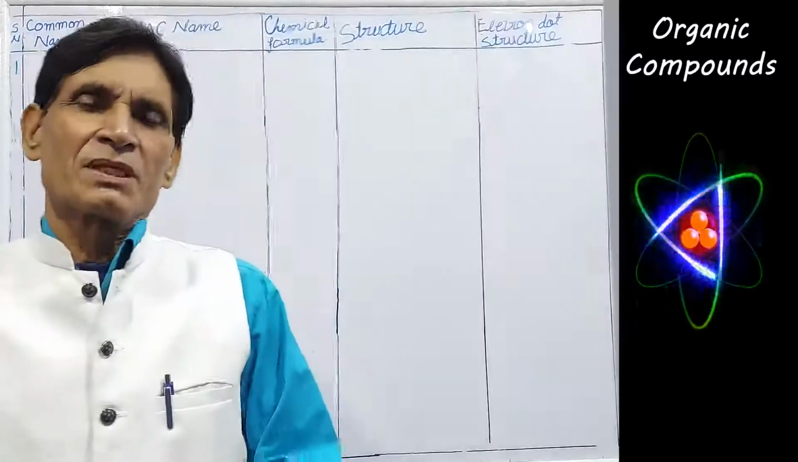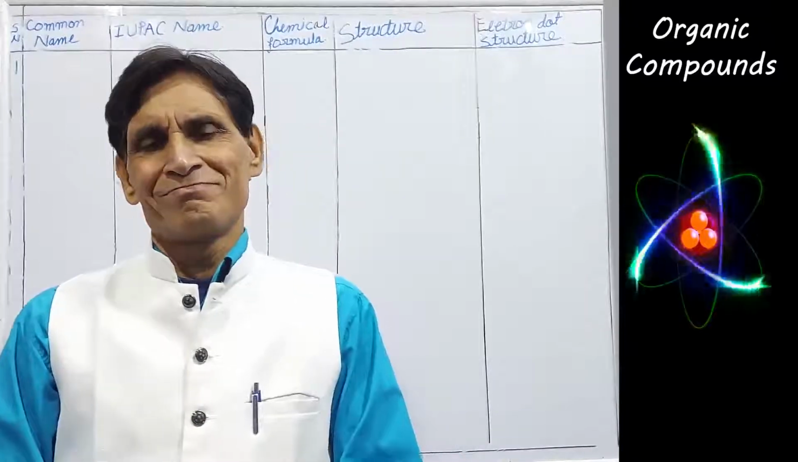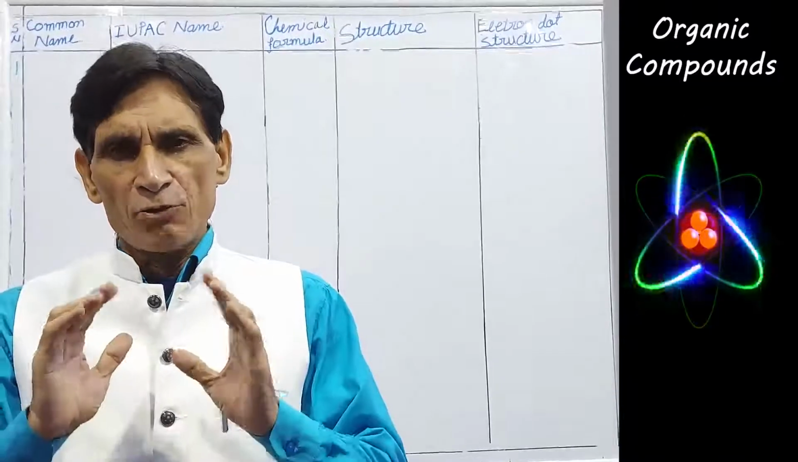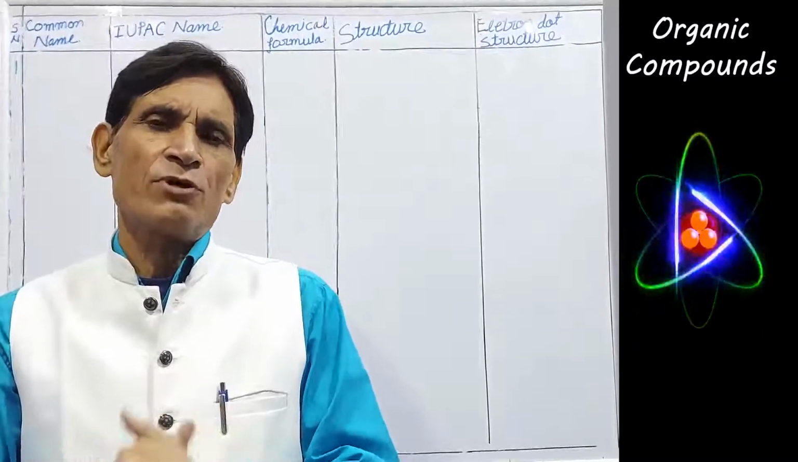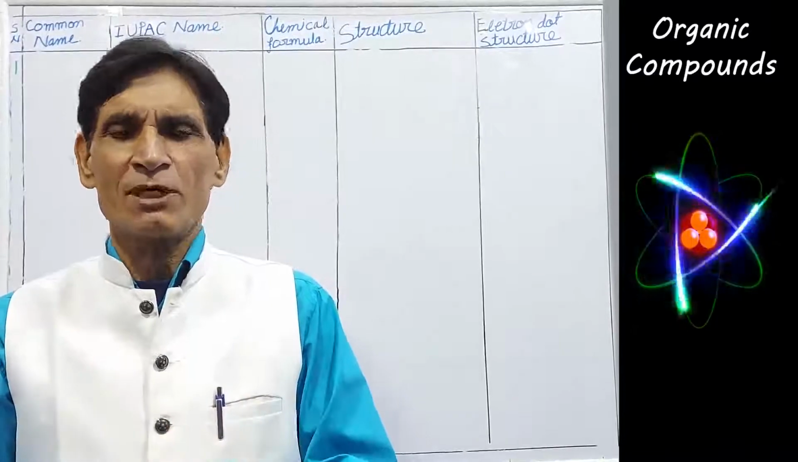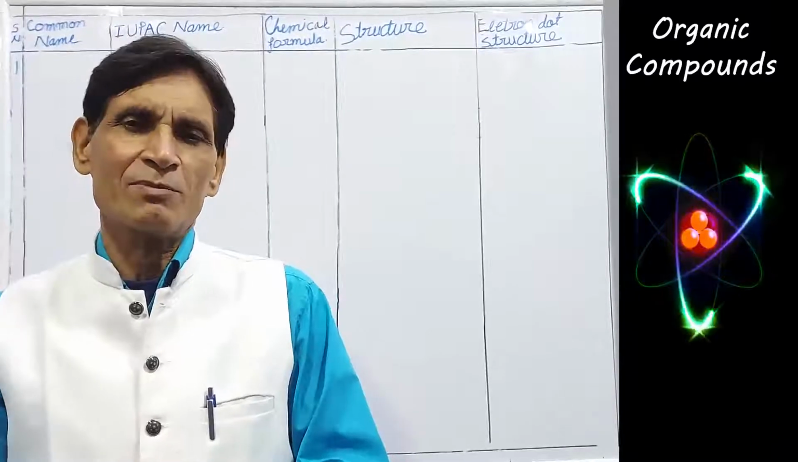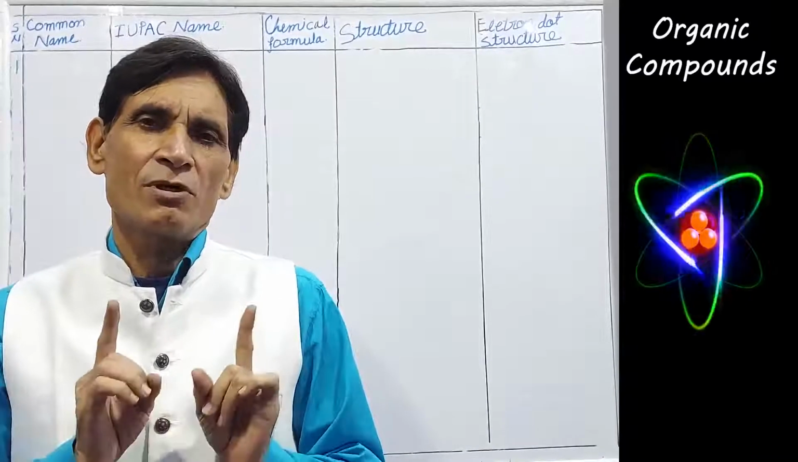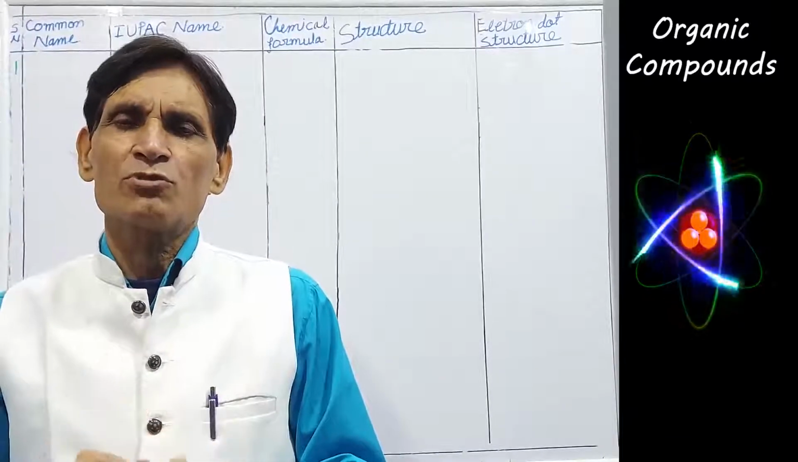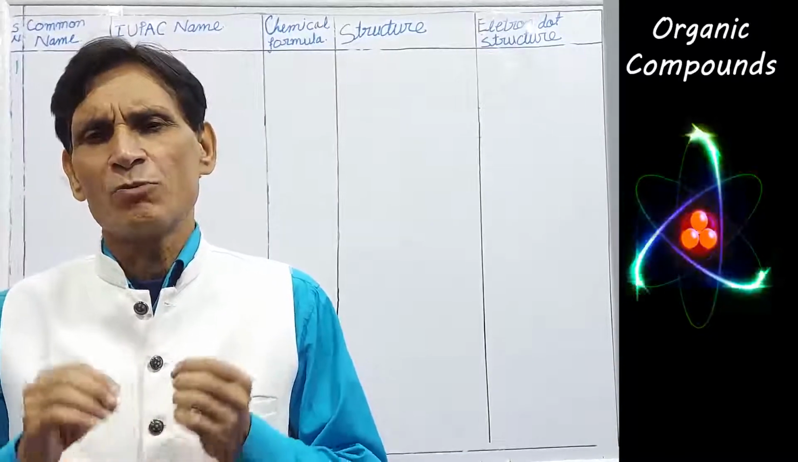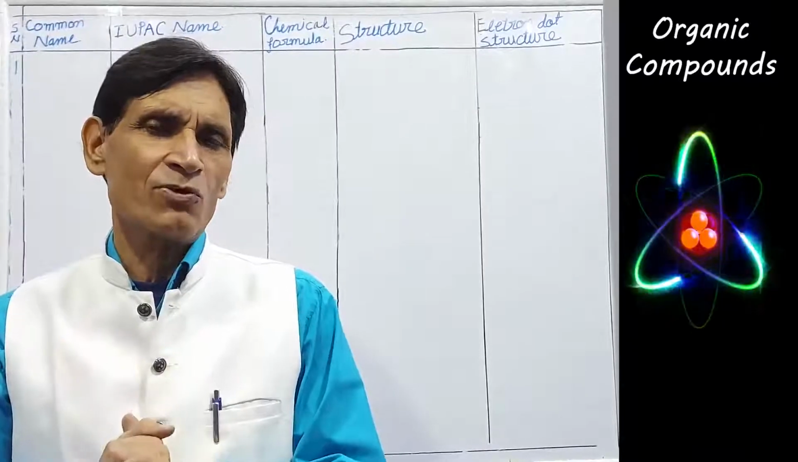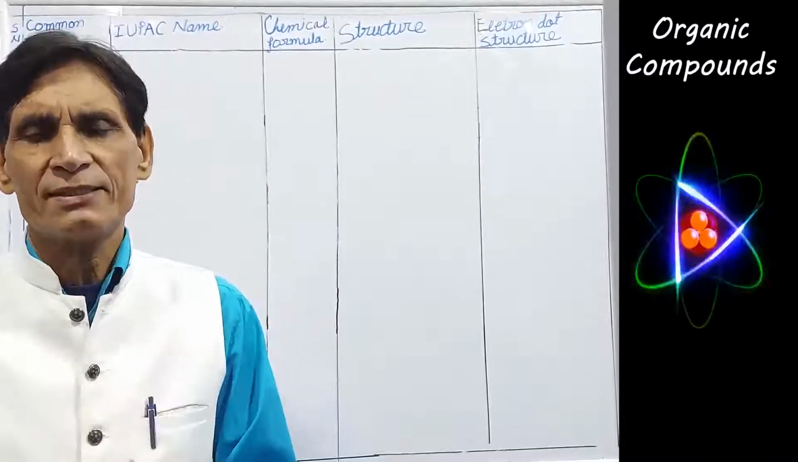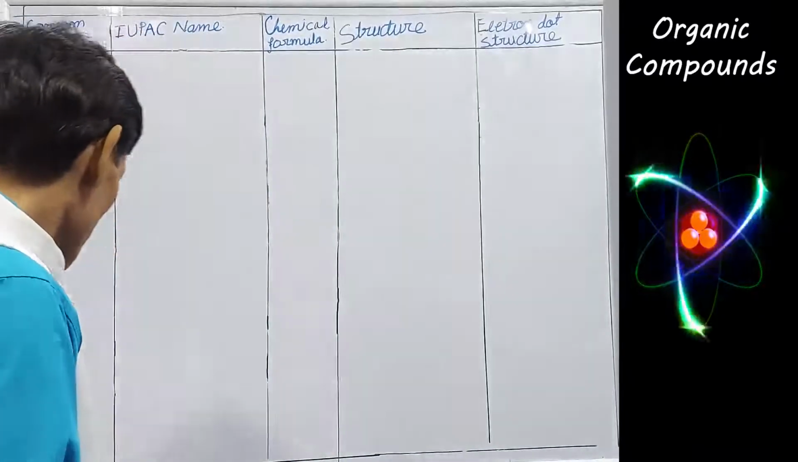Hello students, in this video you will find the common name or trivial name, IUPAC name, chemical formula, structure of the molecule, and electron dot structure of some important compounds. This is part 1 of the video. I am going to give you 2-3 parts. These are the most important compounds. You will practice these compounds, and with the help of these compounds you can draw the structure of other organic compounds. First is